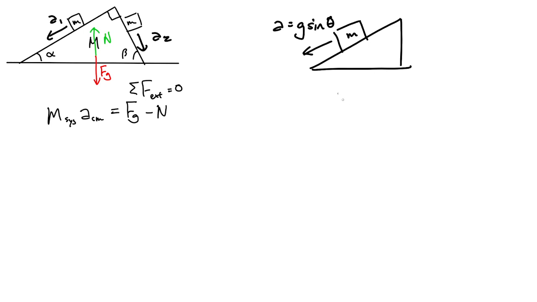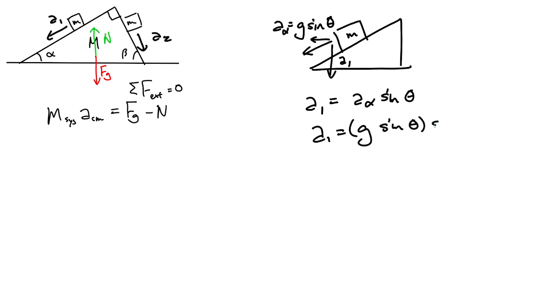Now, for the acceleration of our center of mass, we're going to need to find the vertical component. There are two components of this acceleration. So let's set this as a alpha. This component, let's call it a1, is going to be equal to a alpha sine of theta. This is just some trig. So we can say that a1 is equal to g sine of theta times the sine of theta,